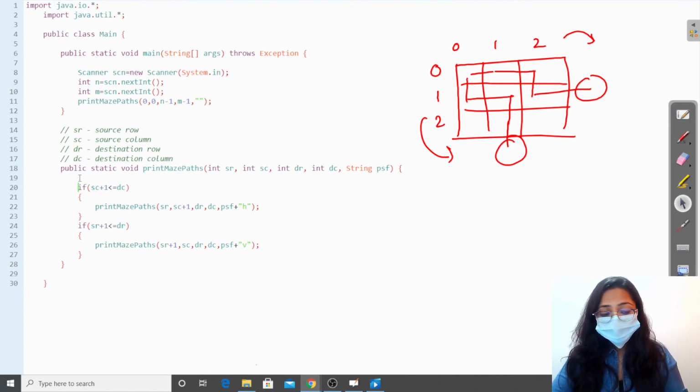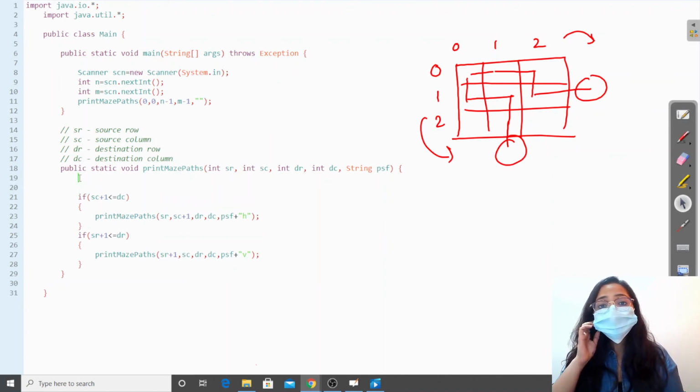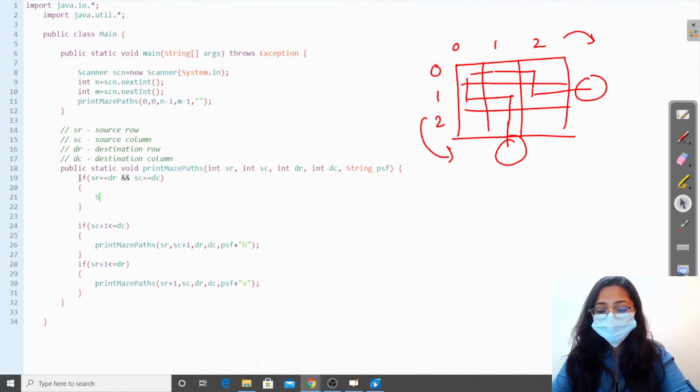Okay, now we have a case where I'll reach the destination row and the destination column. So if source row becomes equal to destination row and source column becomes equal to destination column, in that case, I'll print the path, right? And then I'll return.